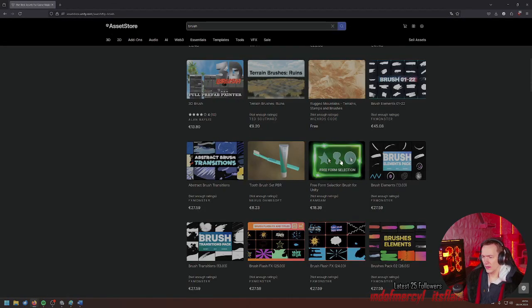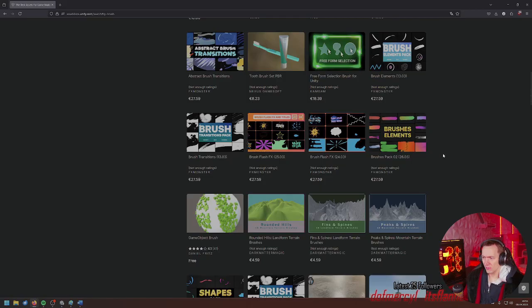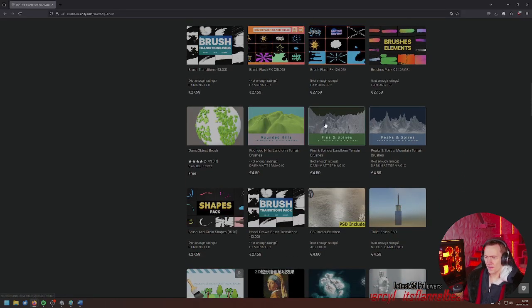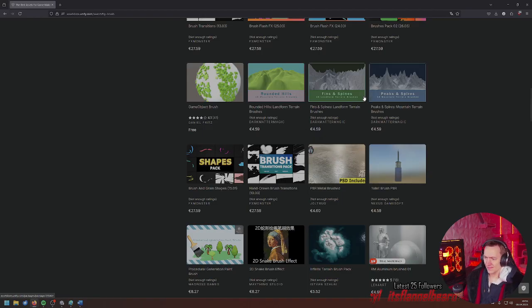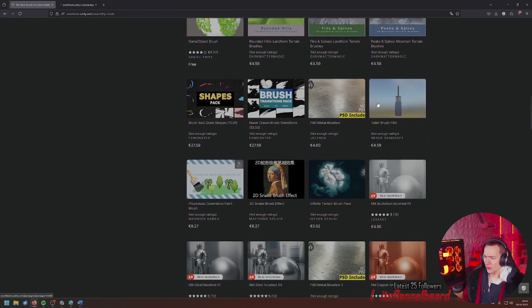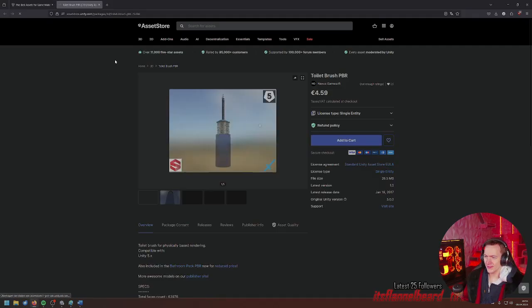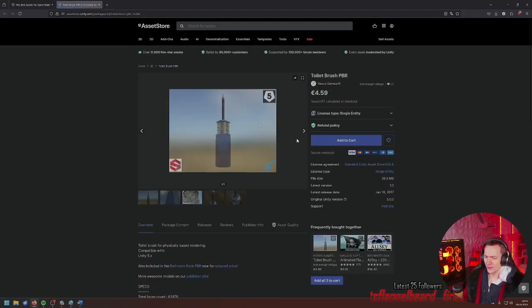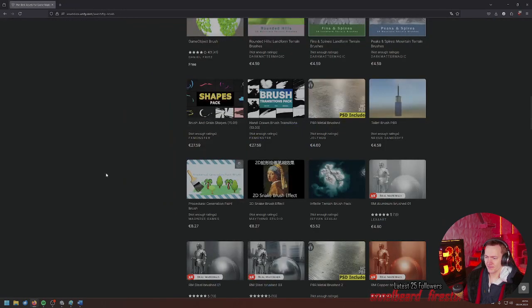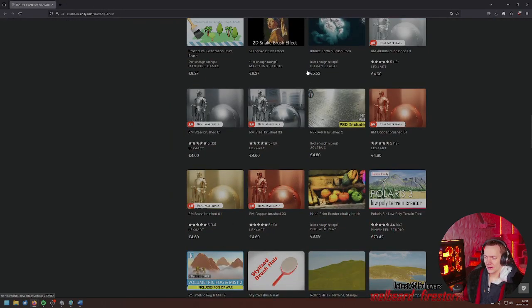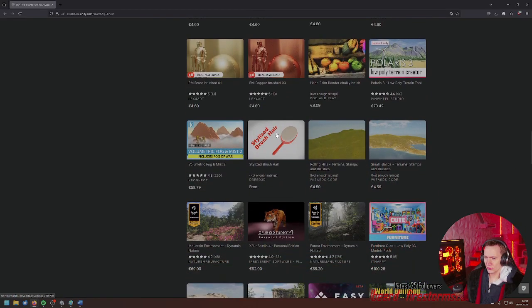So I think with the research I made a mistake, of course, that I didn't do enough research, because I didn't download any of these, which would have been nice to have. But I won't be able to make the toilet brush. Yeah, that's what I want to support. Unfortunately, this one looks like the best brush. Metal brush.